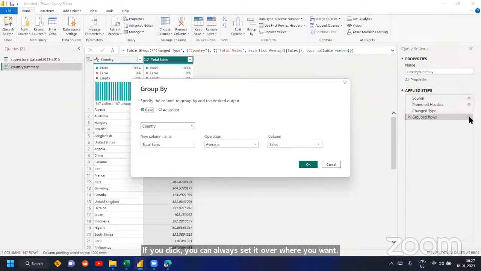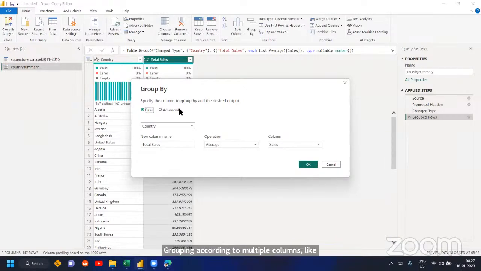Sanjay, a quick question here. Can we only take two columns, or can we group by more, like according to years? I would see the sales of two countries or something like it. Is it possible or not? You want multiple columns, more than two columns, grouping according to multiple columns? Yeah, we can do it.